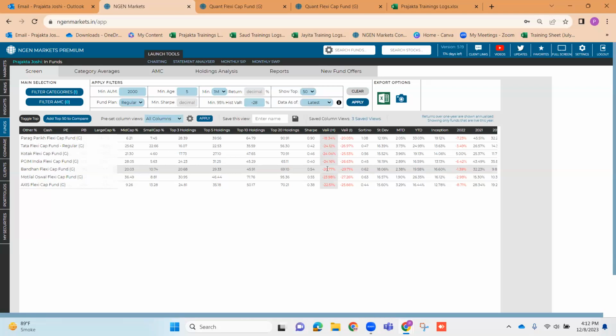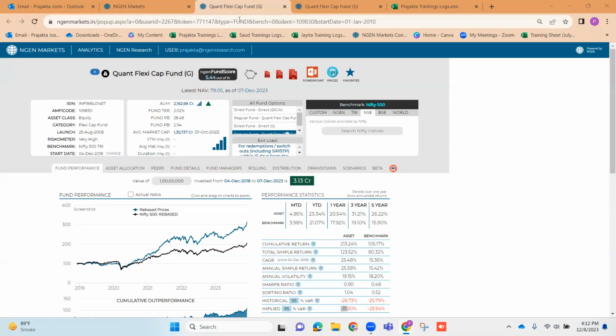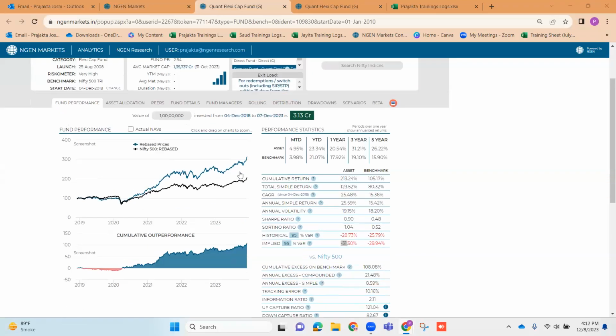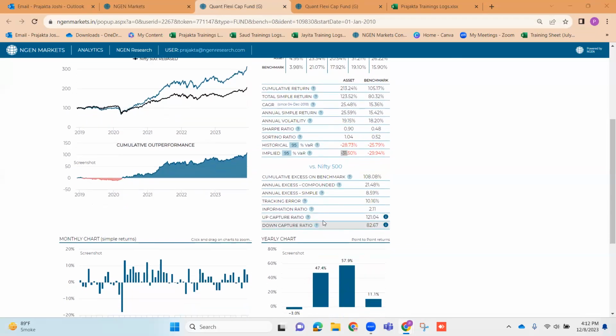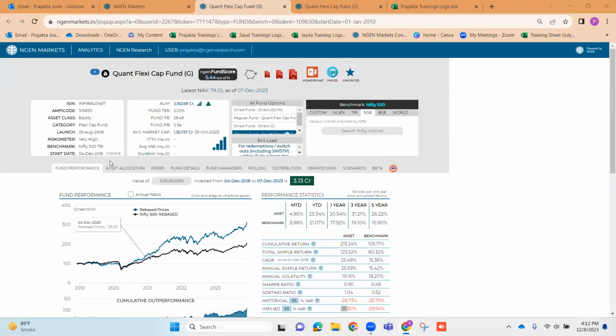After that, we'll move on to understand the capture ratios. Again, capture ratios, in order to understand in a little bit more depth, we'll just load in a single fund and we'll have a look at that. Okay, again, we have loaded in Flexi Cap, and the up capture ratio and the down capture ratio are right here. Please note the period that we have put in is from 4th of December